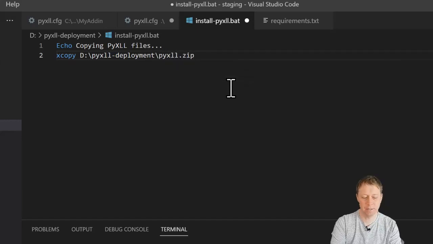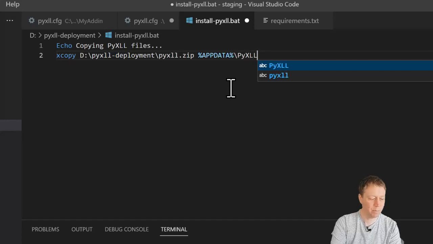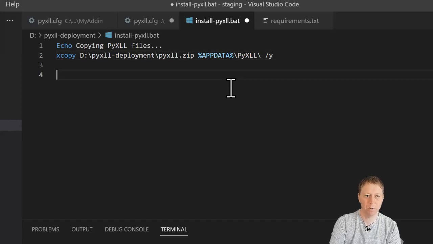And I'm going to copy this to the app data folder for the user. So I'm going to use the environment variable app data to find that, and that'll be set correctly for each user. And we're going to do it into a folder called pixel. And I'll use the Y switch. This just tells the Xcopy command that if that folder already exists, then just overwrite everything in it without prompting